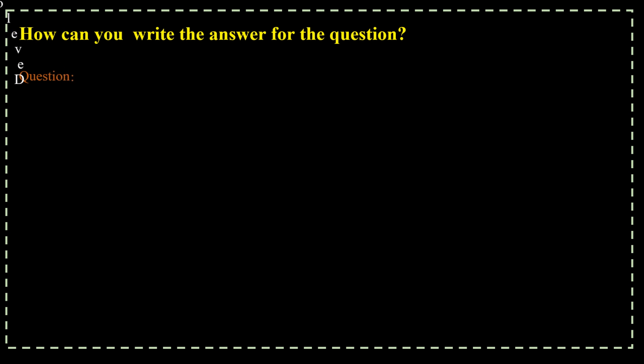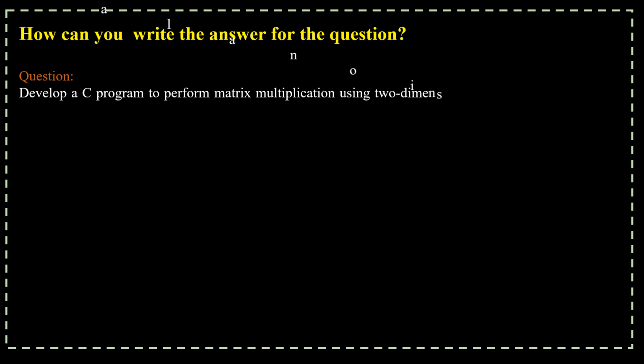How can you write the answer for the question? Question: Implement a C program to perform matrix addition using two-dimensional arrays and demonstrate the correct use of nested loops